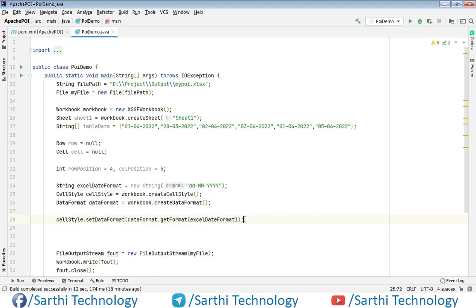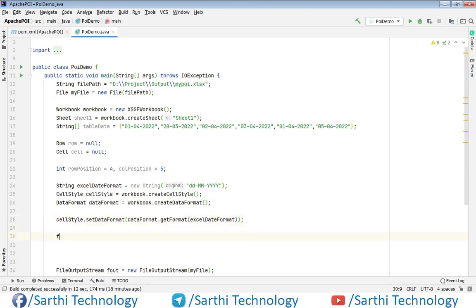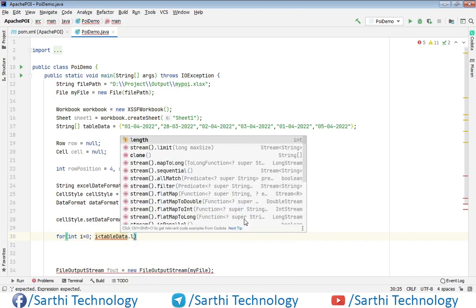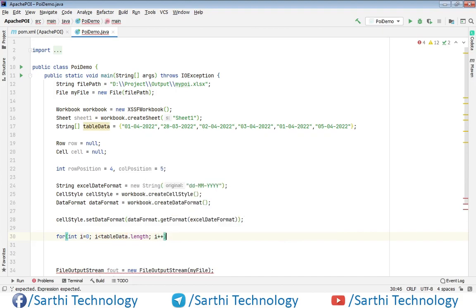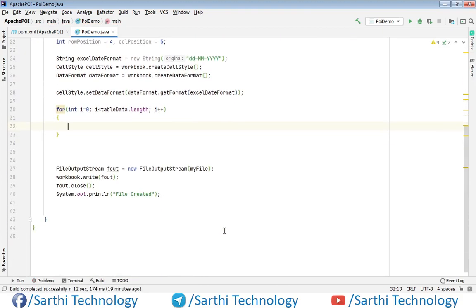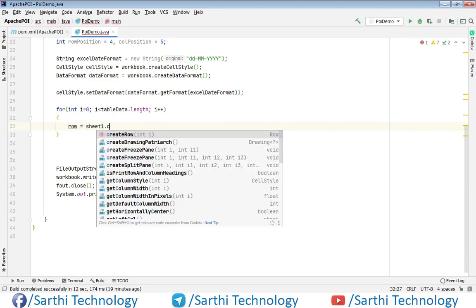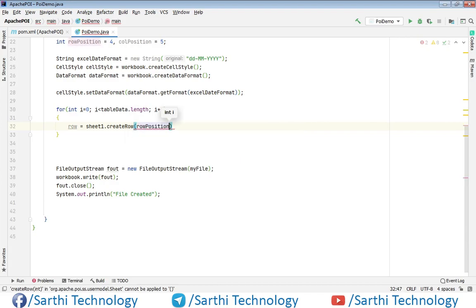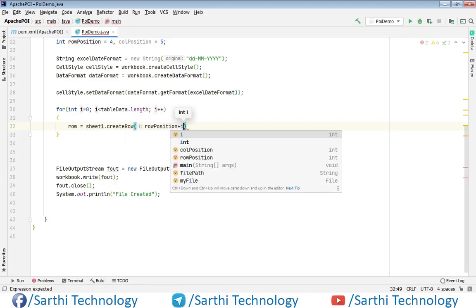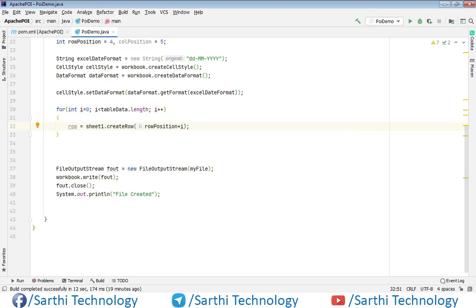Okay, now create one for loop. Now row equal to sheet1 dot create row, row position plus I. I have discussed this for loop in a previous video, so if you are getting confused you can also watch the previous video.